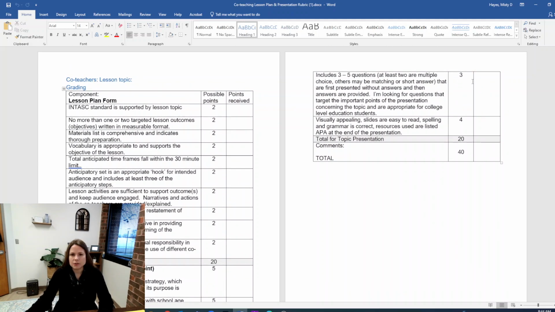The next section is also worth 3 points, and this is going to be your formative assessment, those questions. You need to include at least 3 to 5. Remember, at least 2 of them should be multiple choice. The others could be true and false, matching, short answer, and don't forget to add the answers as well. Now remember, when you're asking these questions, obviously you need to make sure that the lesson objectives were met. But what I'm looking for is really concerning your topic, which is your strategy, and that these questions are appropriate